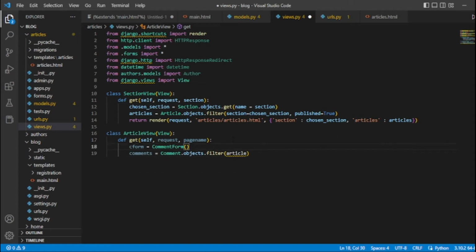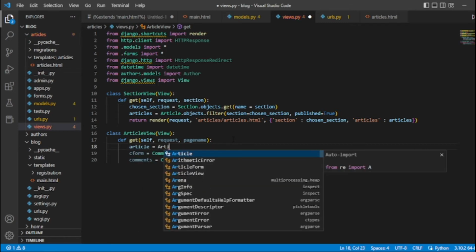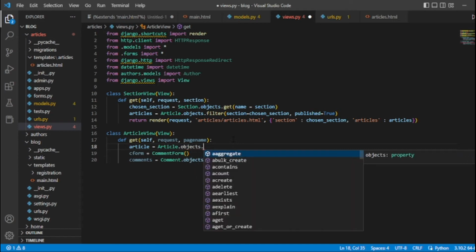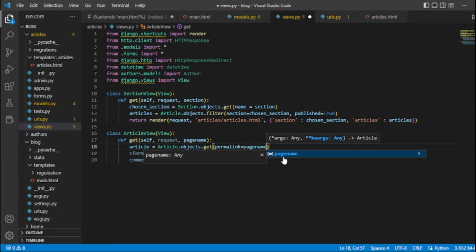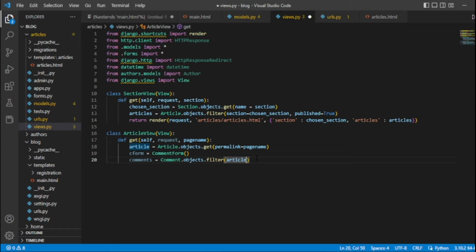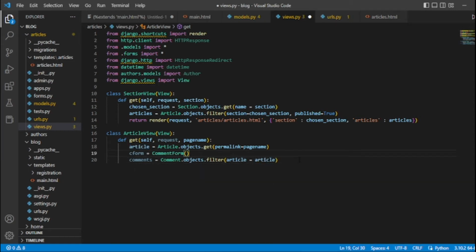So the first line should actually be article equals Article.objects.get(permalink=page_name). cform is CommentForm. Comments is Comment.objects.filter(article=article). So get all the comments for the selected article, and then